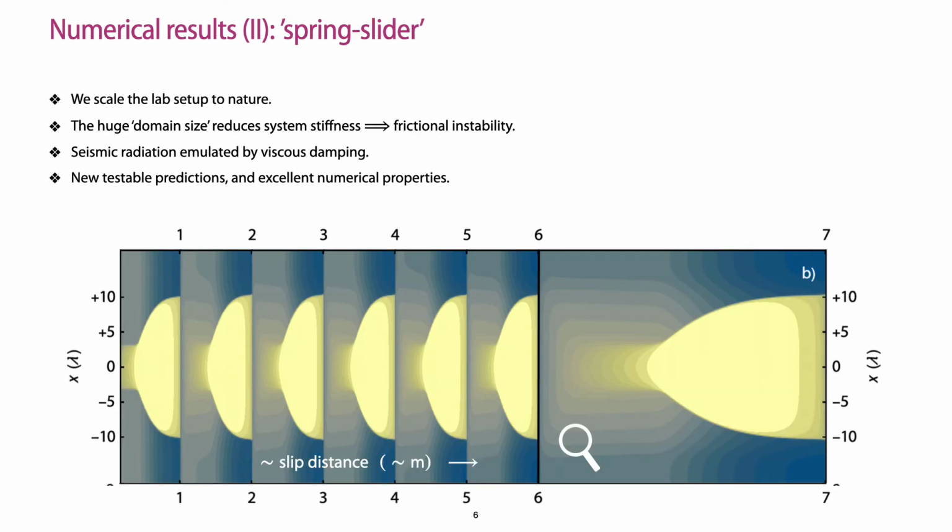In the next model, we keep everything the same, but massively increase the domain size to the crustal scale and apply constant tectonic loading at one end of the domain. This model produces a regular sequence of frictional instabilities that can be interpreted as earthquakes and shows much more interesting